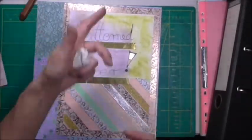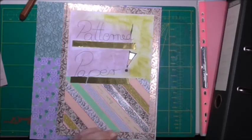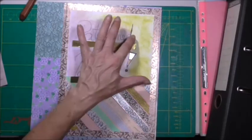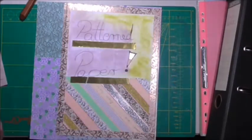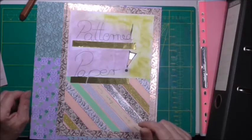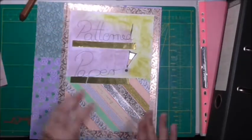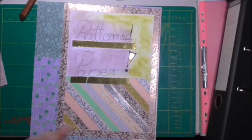Now, unfortunately, because I had so many challenges with it, I didn't blend it in with the, what's it called, split pea colour, but that's okay. I'm not going to be concerned about it. So